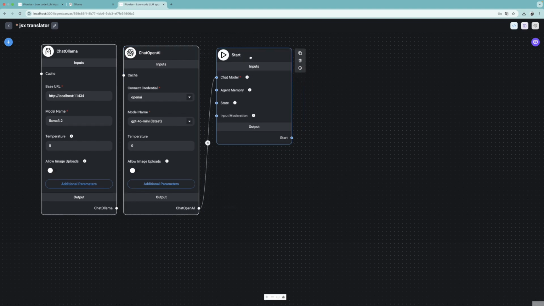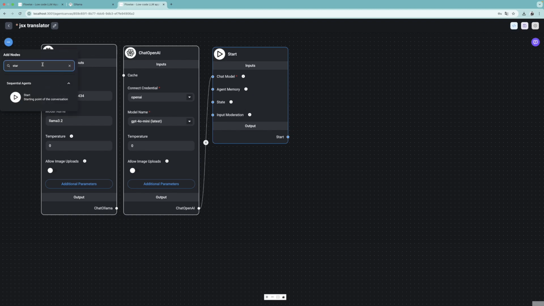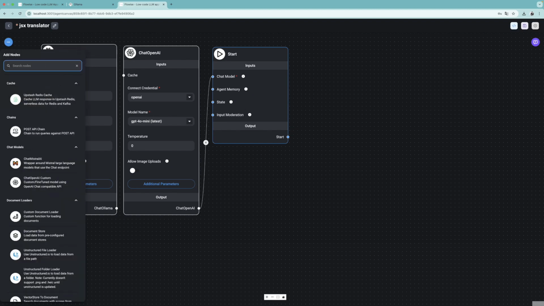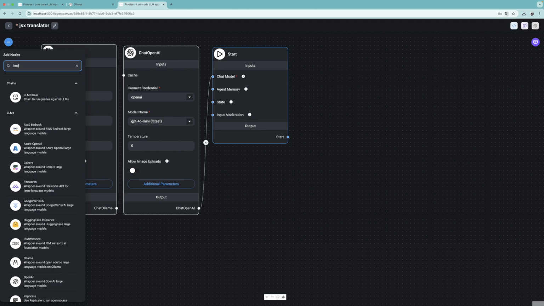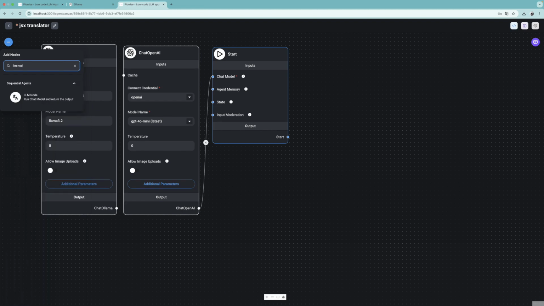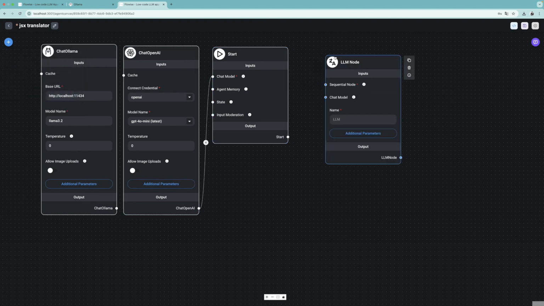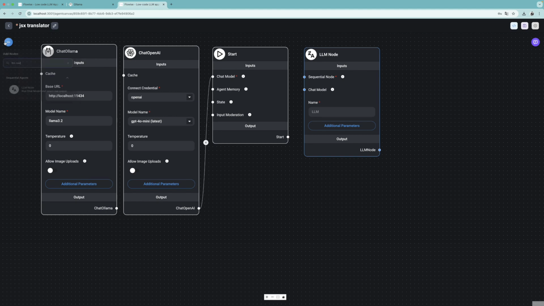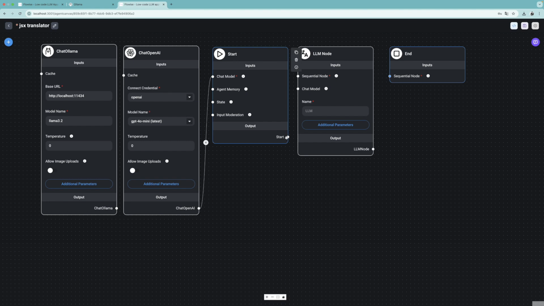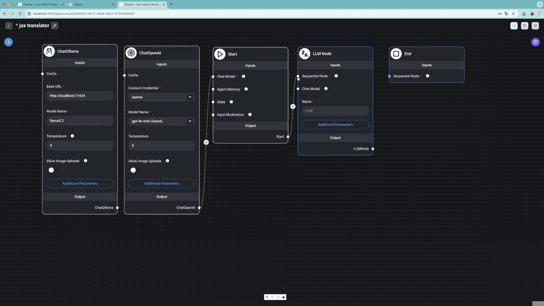All right. As the next step, I'm going to search for a simple node for text processing. And this is going to be an LLM node. Okay, I'm going to drag and drop it after the start node. And I'm also going to search for the end node to end the conversation. Okay, so now I'm going to connect start with the sequential node of LLM, and then the LLM node to